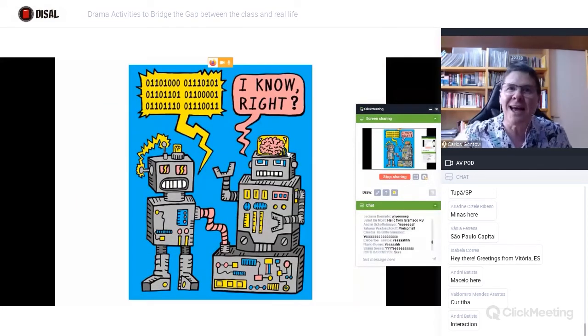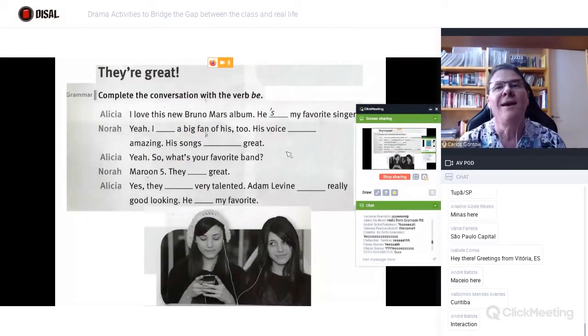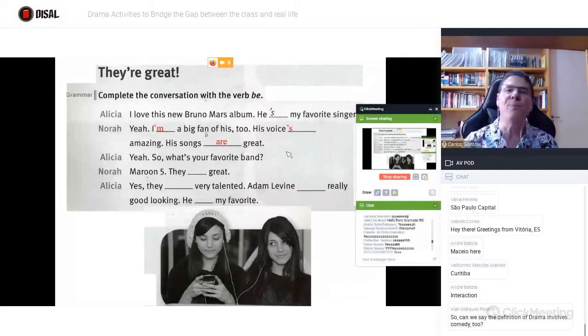Many times in our classes, students speak like robots, especially when they are reading the exercise in the book. Hello, my name is Carlos. What's your name? They don't speak like people speak in real life. Imagine you're doing an exercise like this, okay? And students have to complete the conversation with the verb to be. Very basic exercise. Then they write the answers in the book. You give them some time. I'm not going to do this because I'm assuming you know the answers. And then you're going to check the answers.